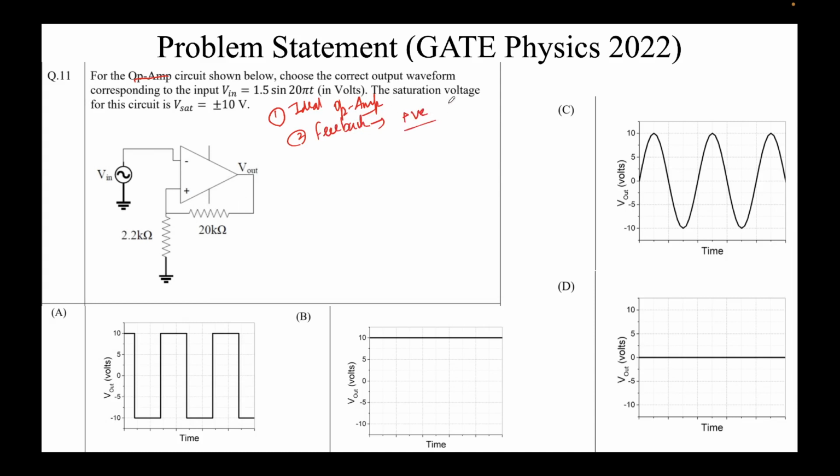Remember, I told you positive feedback circuits are oscillators. So in this case, I know this cannot be the answer and this cannot be the answer, because these are not oscillating. Whenever there is positive feedback, there has to be oscillation. So these two options are eliminated, and the only options now are A or C. We'll solve this, but I'm just telling you,